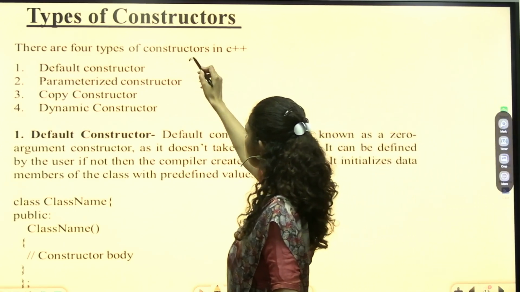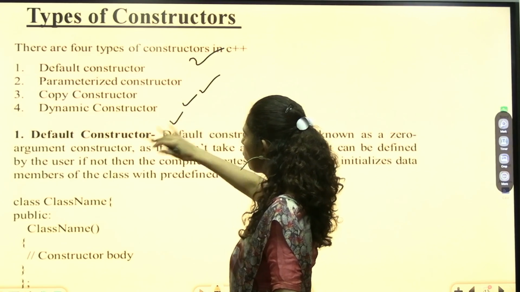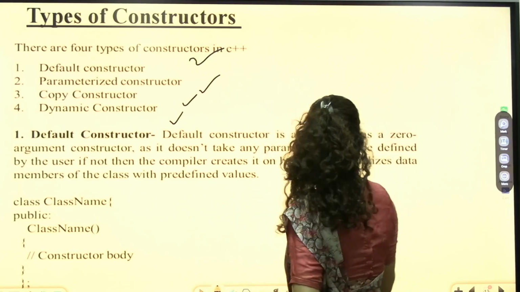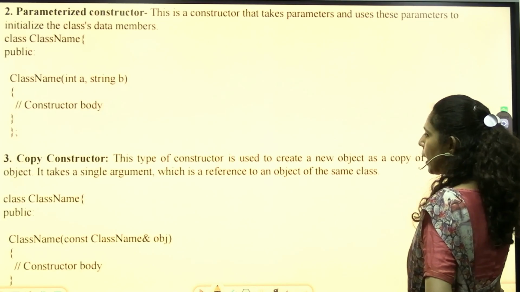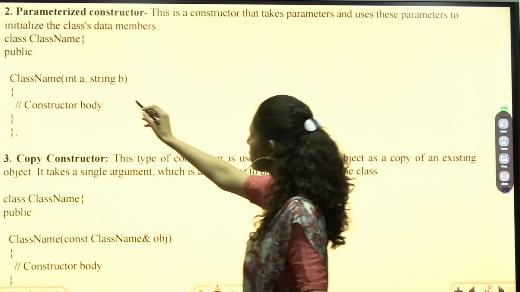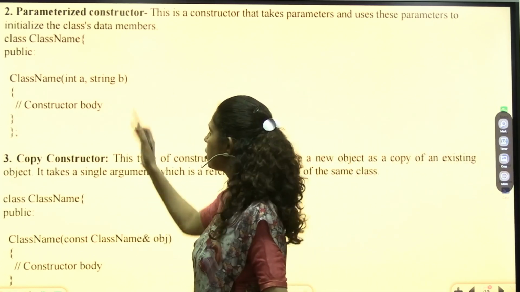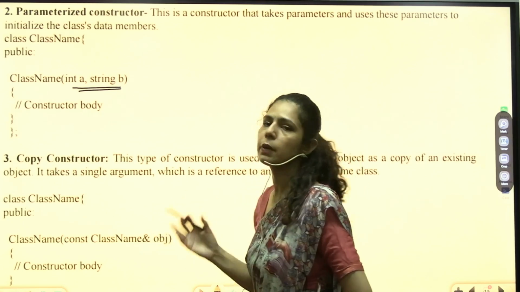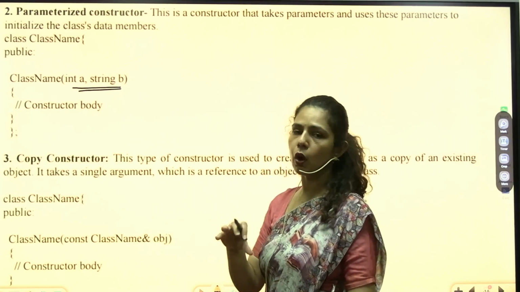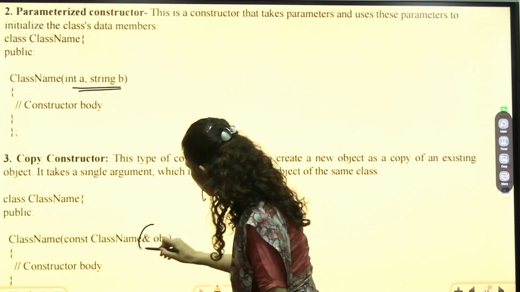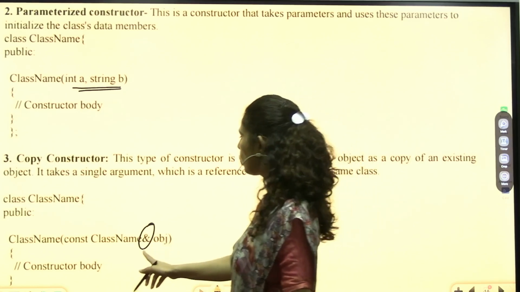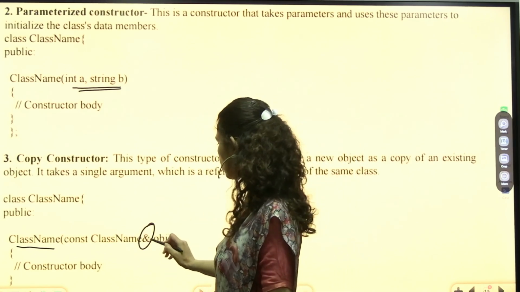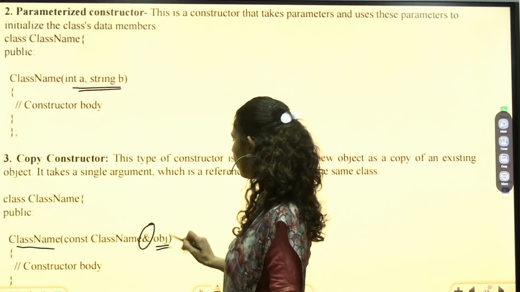Now the categories of constructors: we have default, parameterized, copy, and dynamic. We have already discussed the default constructor in the previous programs also. We had the constructor function, so that was the basic idea behind it. This is parameterized. The default constructor does not have any arguments, but your parameterized constructor always has some arguments inside it. And the copy constructor is basically used to copy the content of one object into another object. For that purpose, you will use this reference sign. Whenever you use this reference sign inside your constructor function, that means this is a copy constructor. So you have to write this ampersand sign followed by the object name.